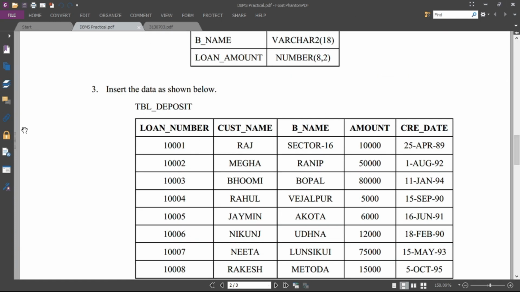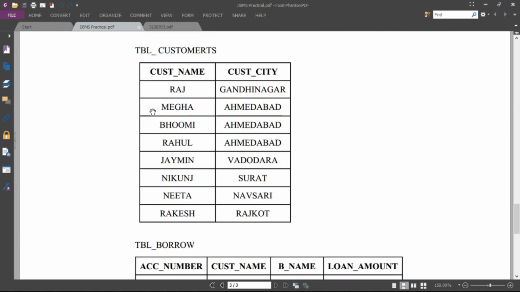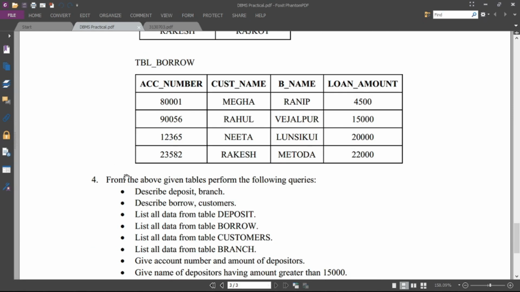Now we have inserted all this data: the table deposits, the table branch, table customers, and the table borrow. Now the next is practical number 4. The first definition is to describe deposit and the branch.